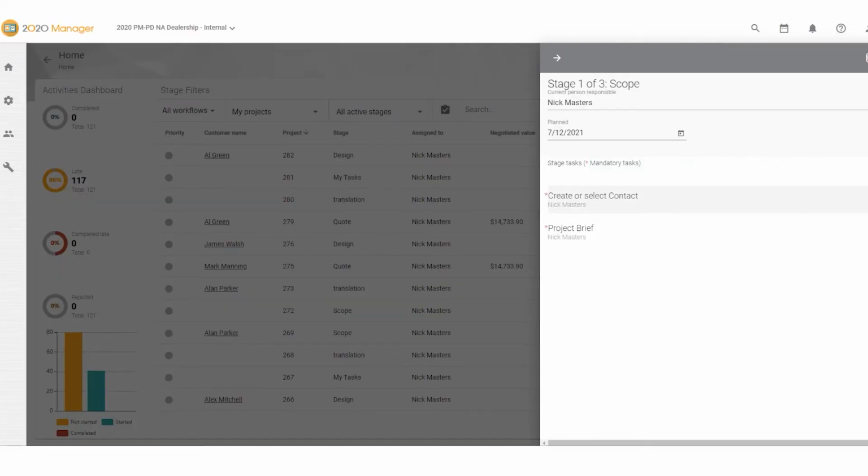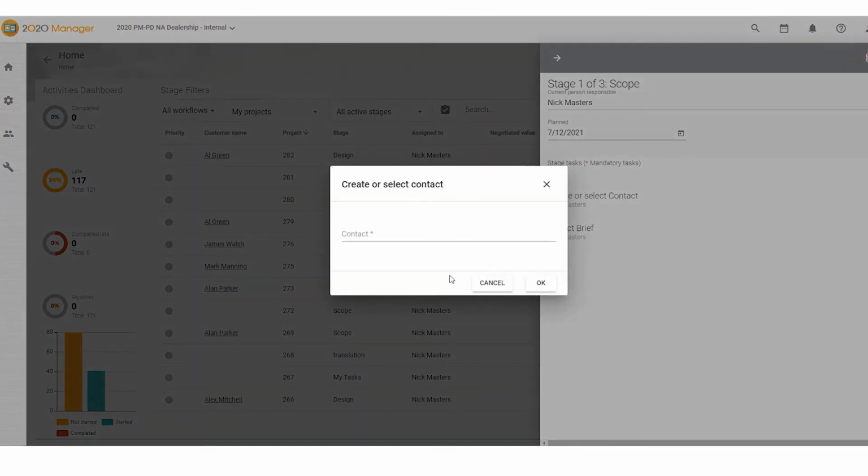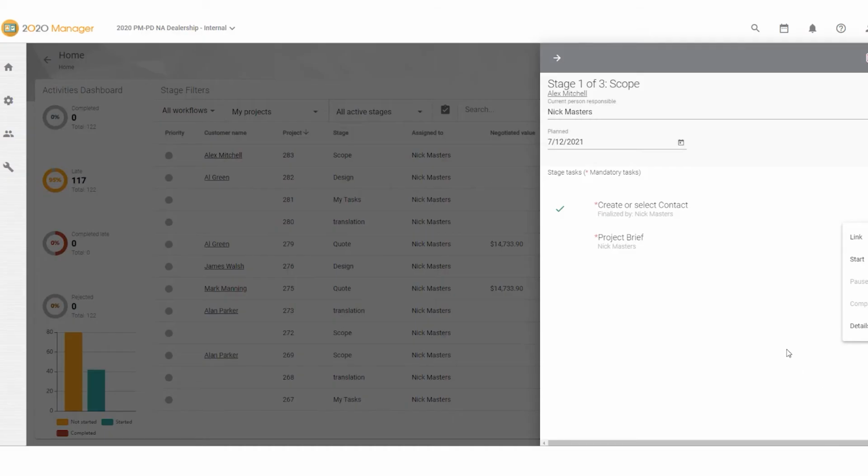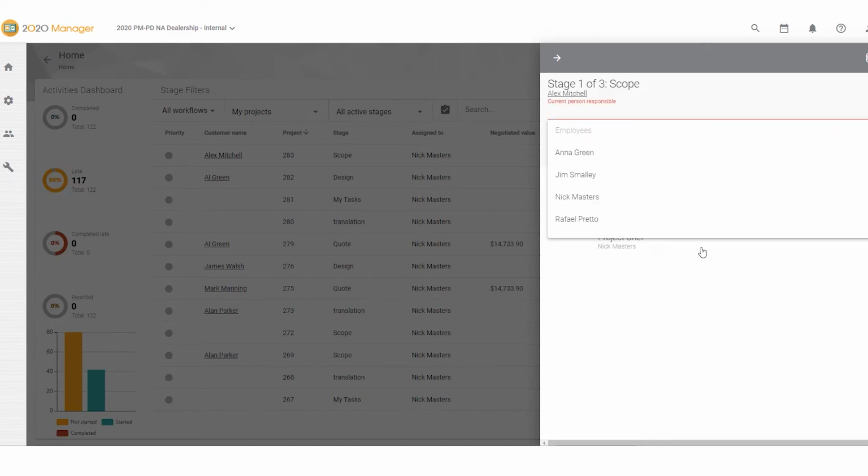We'll start the project by selecting a contact. We'll choose the link option. You'll notice there are previously created contacts I can choose from, or create my own. From here, users also have other functionality control for which they can customize who owns this project. For instance, you can assign the project as a whole to a different employee. Or if you'd like to just have the individual task assigned out to a salesperson, for instance,